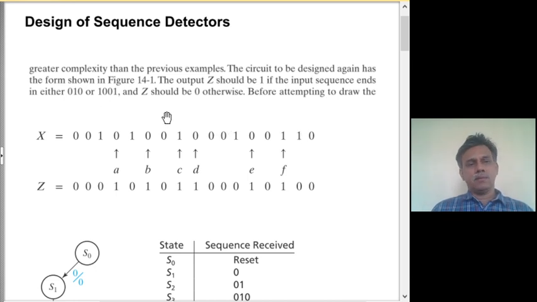How do we tackle this? The systematic manner in which we can approach the problem is that you first look at special cases where the pattern you are looking for occurs. In that case, how do we capture that functionality of the machine, of the FSM? Accordingly we will draw a state graph, a partial state graph that only captures the functionality of the system corresponding to the case where the pattern that you are looking for occurs.